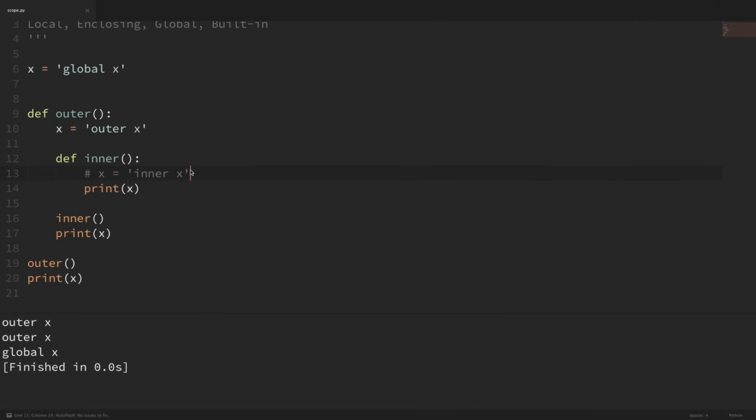here within this inner function. So if I run that, then you can see that when we printed that, it didn't find it in its local scope and instead fell back to that enclosing scope. And if I was to comment out where I set the x here within this outer function and ran that, then you can see that